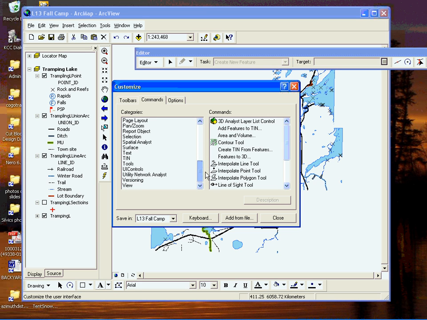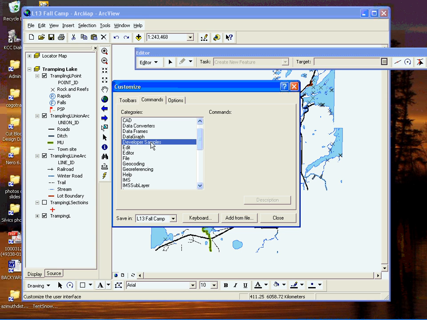and we'll look for developer samples. Now, because I've done this before, it's already created the category for me, but when you do your first download or your first add from file here, you'll end up adding this category. And if you look under my categories, I already have the azimuth distance tool, but you initially won't have that until you actually go through the process. And we'll do that now of clicking add from file,